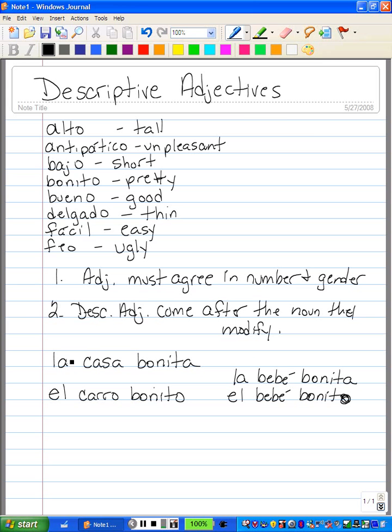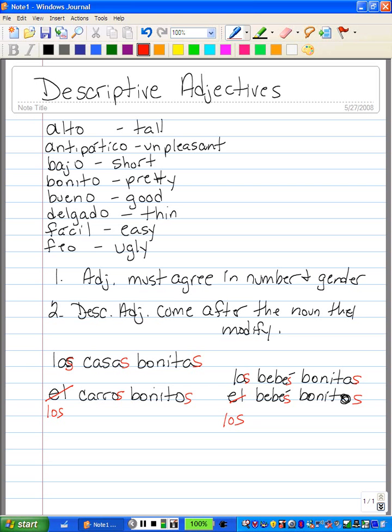If you have pretty houses, you can have las casas bonitas. You can have los carros bonitos. You can have las bebés bonitas. Or you can have los bebés bonitos.